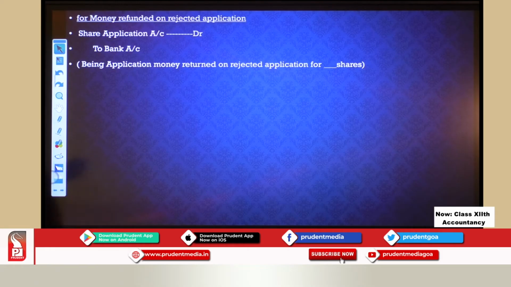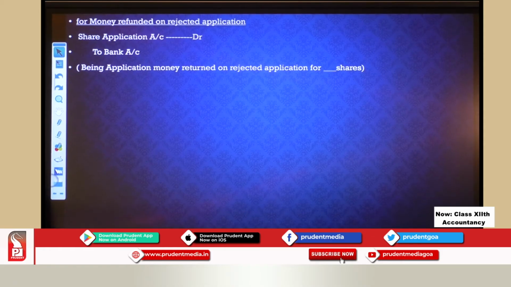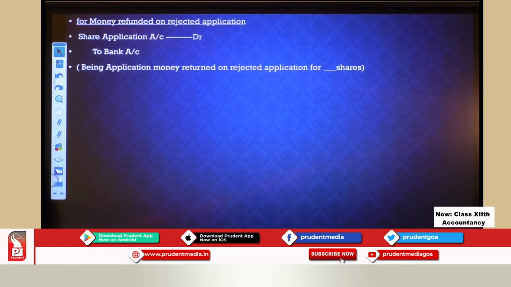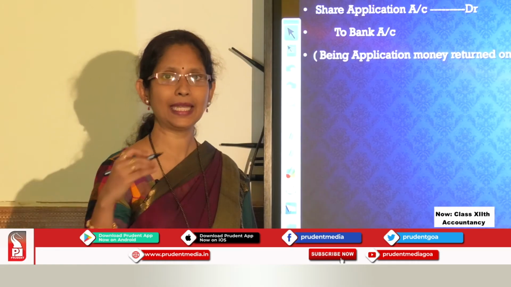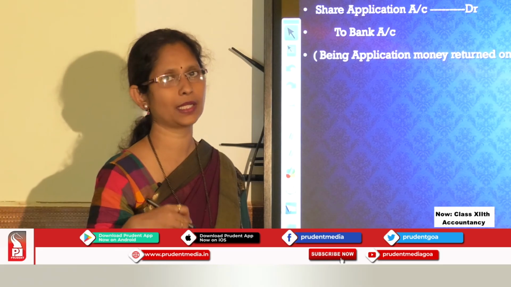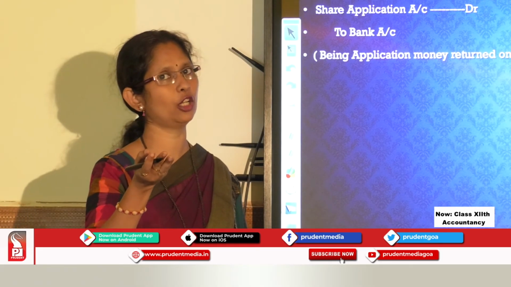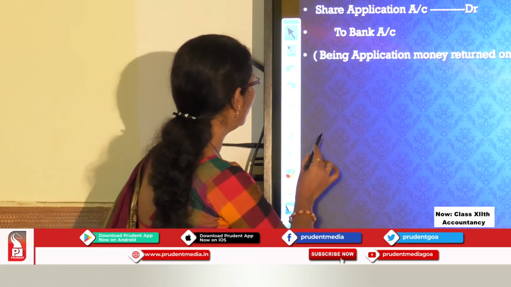Now next we have allotted to them. So we will send the letters to the shareholders saying that please pay the amount so and so, your shares have been allotted to you. So the allotment letter is sent to them. The money becomes due, and they will be paying us. So once we send them the letters, we are going to pass the entry and increase our share capital with the allotment money. So we have the entry over here